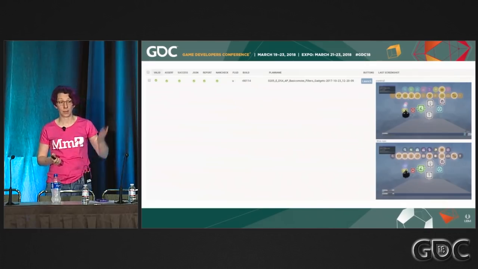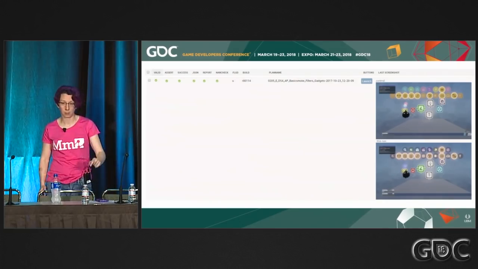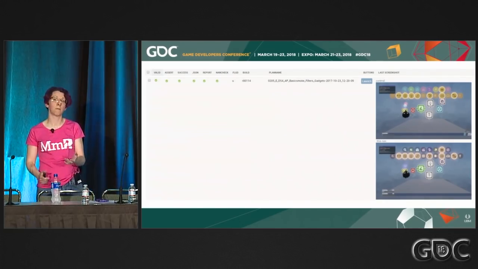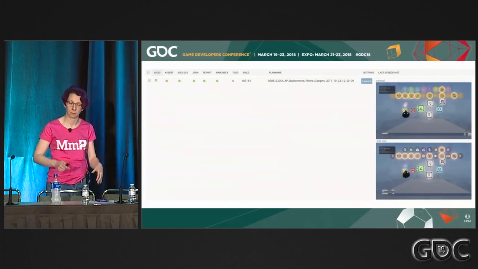And so it means that QA can just scroll through the results and check by eye that it's doing the right thing, which saves a huge amount of time, because we did have one poor guy, poor Geddon, who used to have to press the launch button and watch the replays on a regular basis to check that they were doing the right thing. So that frees him up to do more creative breaking of our game rather than the kind of boilerplate stuff.